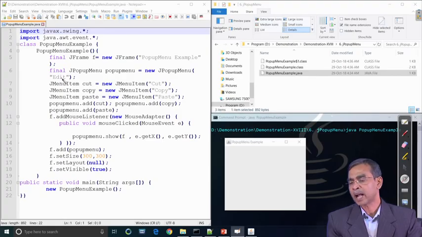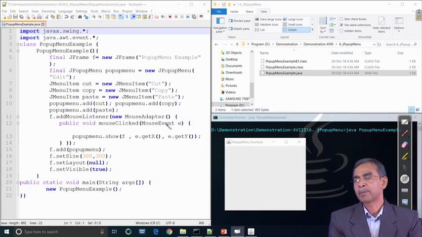For this edit menu, there are items that we have added here: cut, copy and paste. Then we add all these JMenuItems, cut, copy, paste, as objects that we have created, into the popup menu. Finally, we register the mouse listener, because the popup appears only when we click the mouse. So the event needs to be registered here, and this registration defines the popupMenu.show method, where e takes the event that may occur.